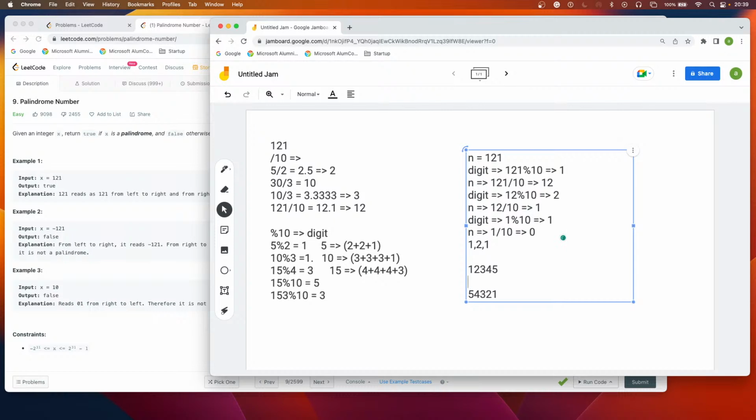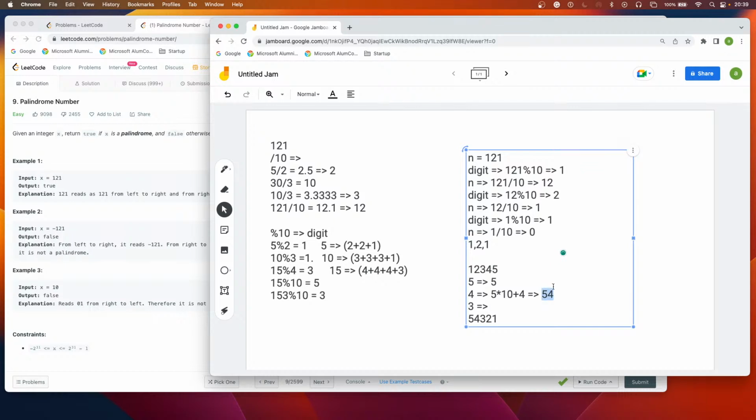We need to get, okay, when we are getting 5, keep 5. When you are getting 4, whatever you have, 5, multiply with 10 plus 4, which is nothing but 54. Now when you get a 3,